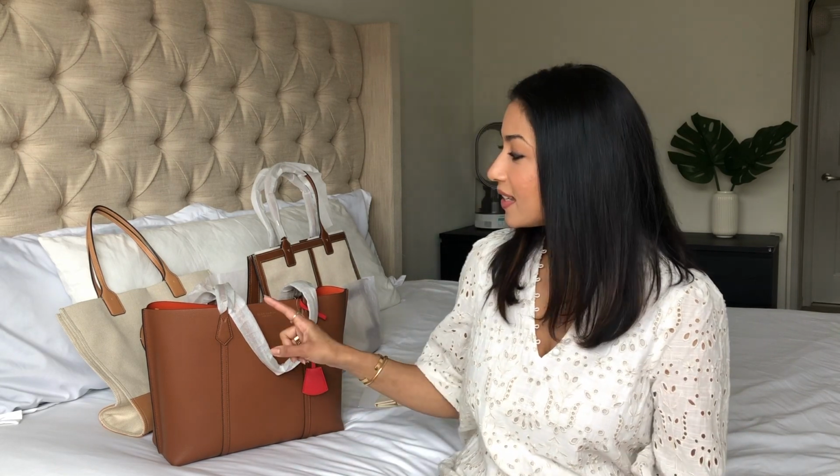spring sale, so it was a tier-based promotion, 25 to 30% off. And every now and then Tory Burch seems to run some sort of promotion, and every time she runs a promotion I do check out their website to see if there is something that I like. And this Perry tote,